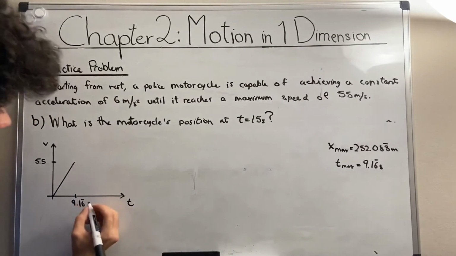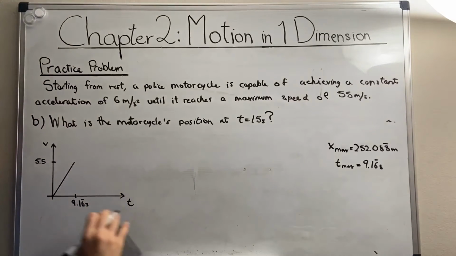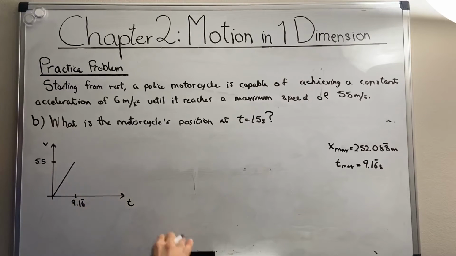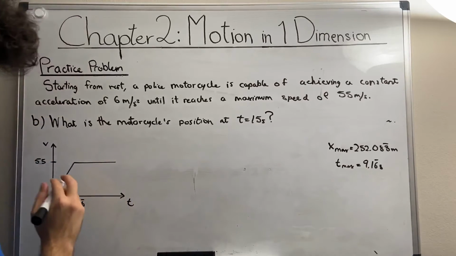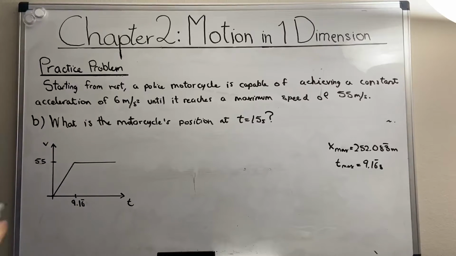55 at 9.16 periodic seconds. Right, I can remove seconds actually. And at that point, the speed breaks even, and it just maintains itself. It's a maximum speed, and the police officer wants to go as fast as possible, right? So,